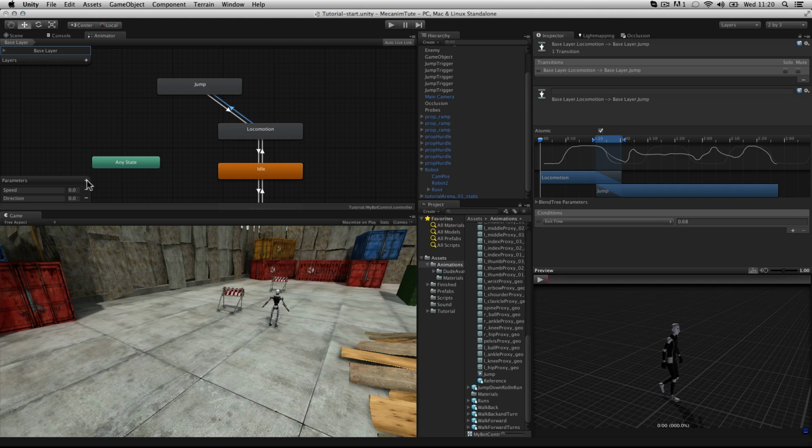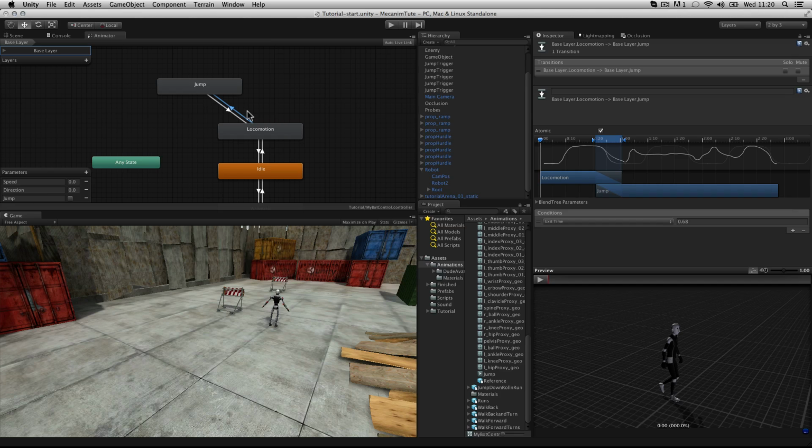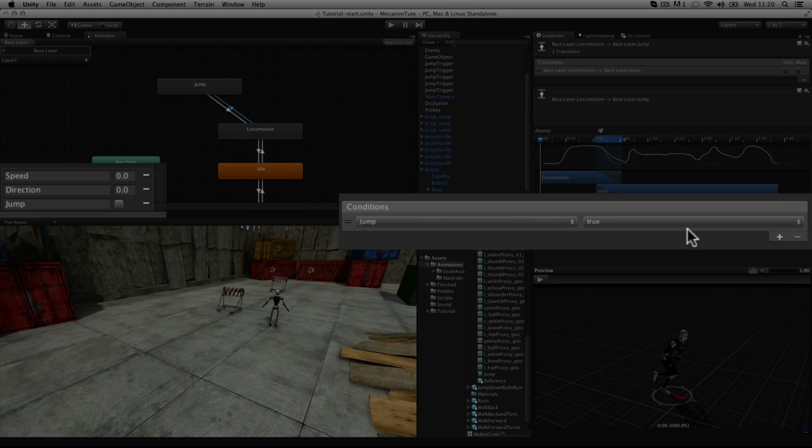So let's create another parameter that we can trigger using our script. Click on the plus button next to parameters and choose bool. We'll name this bool jump. And then with the transition still selected, choose it from the list of conditions. So this condition now says, if jump is true, then create this transition into jump, play the animation, and then